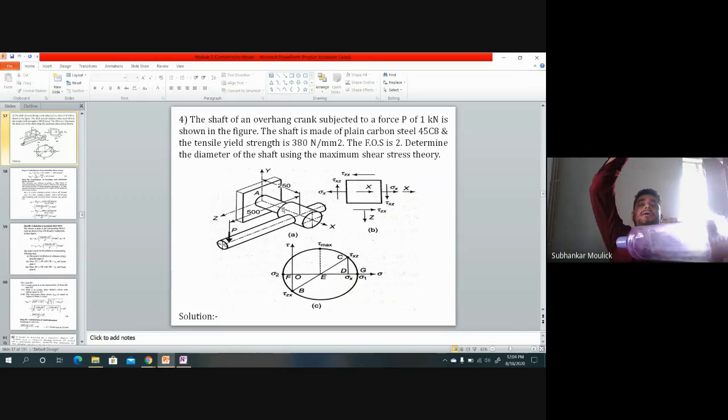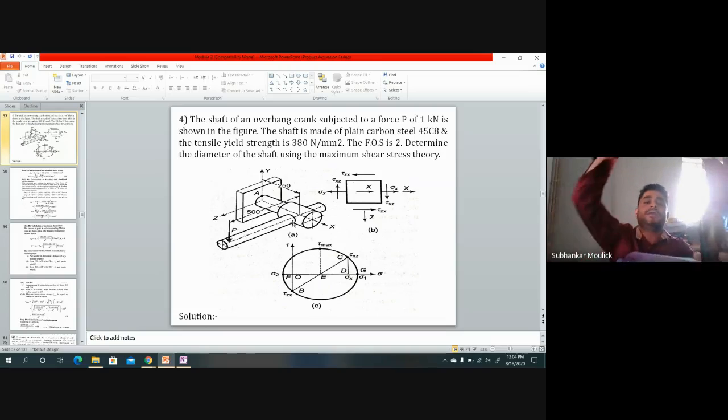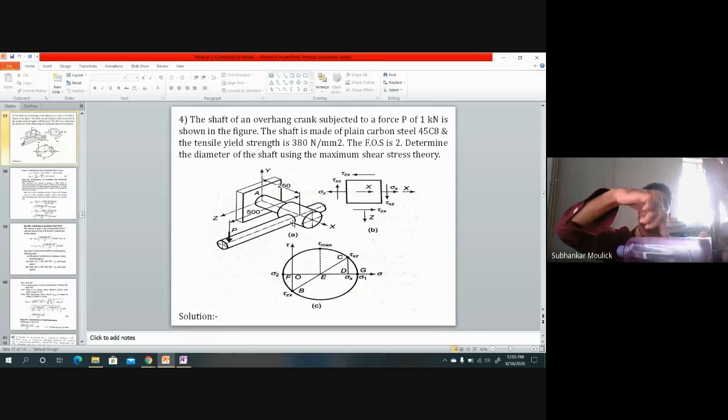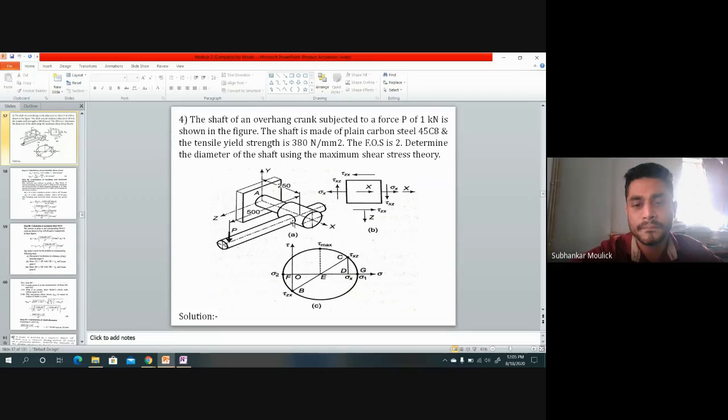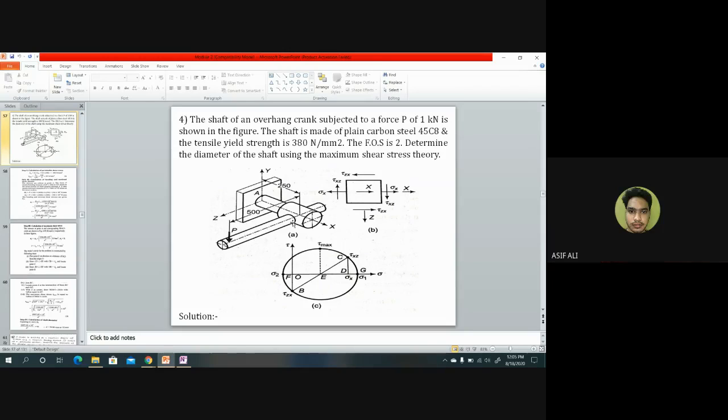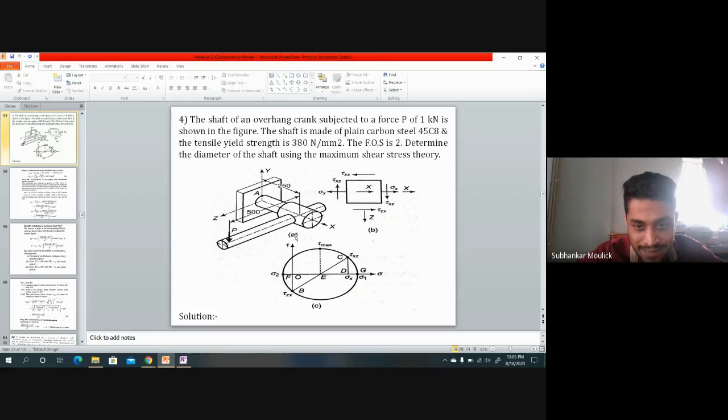If I take this P and if I keep this P at the junction, which junction point? At the junction of this particular shaft which is parallel to z axis and the shaft which is lying on the x axis, this is the junction point. If I keep this force like this, then P into this 250 will try to bend this shaft. Which shaft? That particular shaft which is lying on the x axis. Yes or no? Fine. So P into 250, this will create a bending moment on the shaft which is lying on the x axis and will try to bend this shaft at point A.